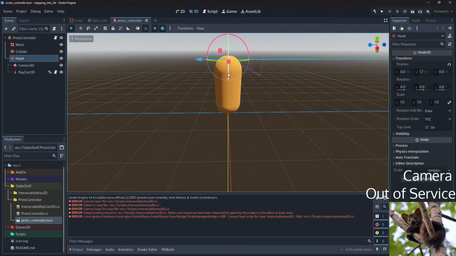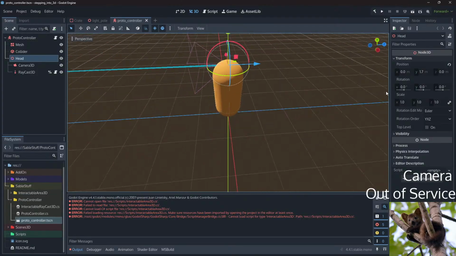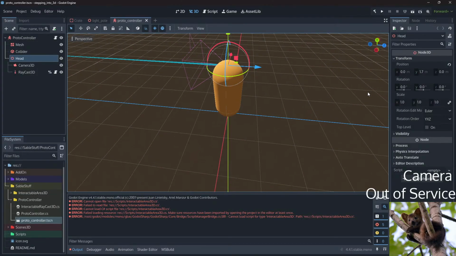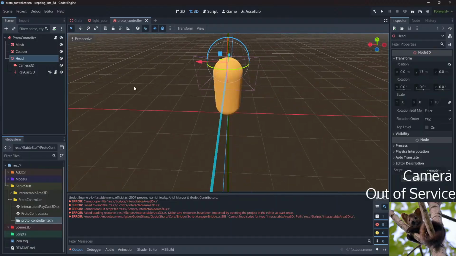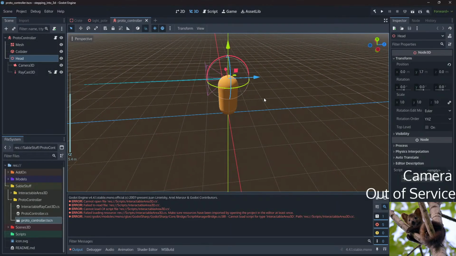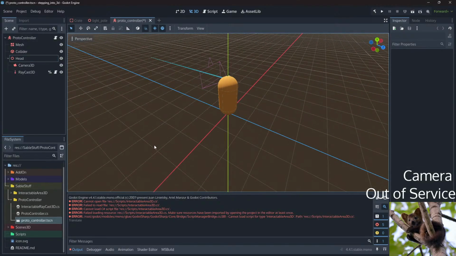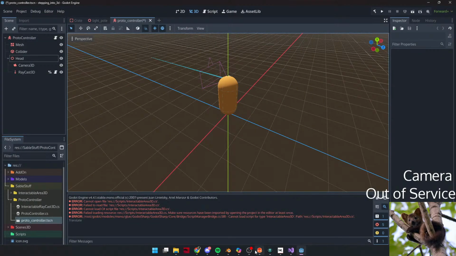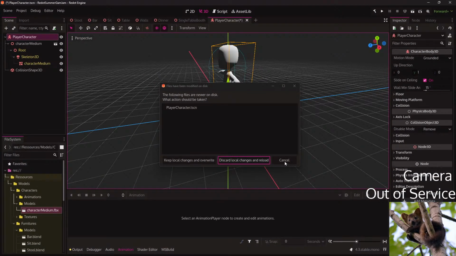Alright, so here we have the head. Okay, so let's see. I need to recreate the head. What?